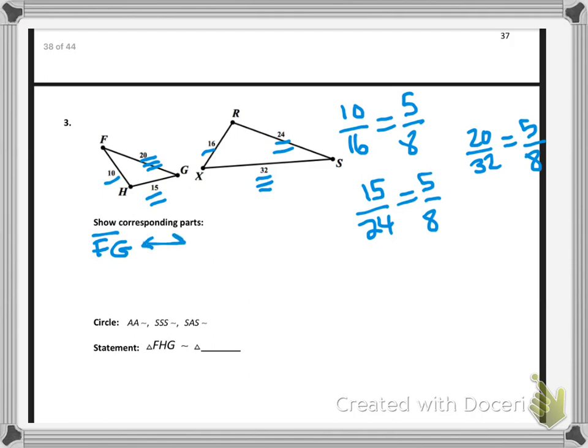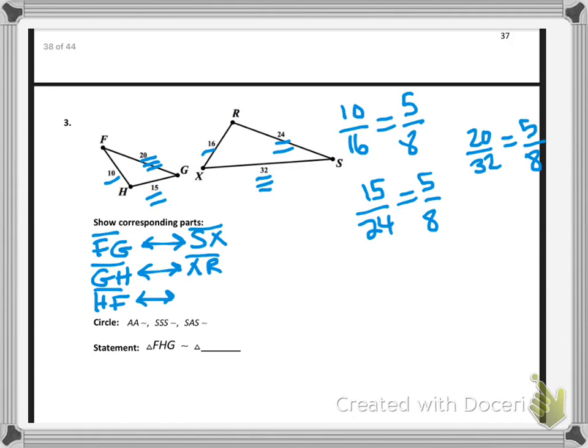I can't say it's congruent, but FG goes with SX, okay? GH corresponds with XR, and HF